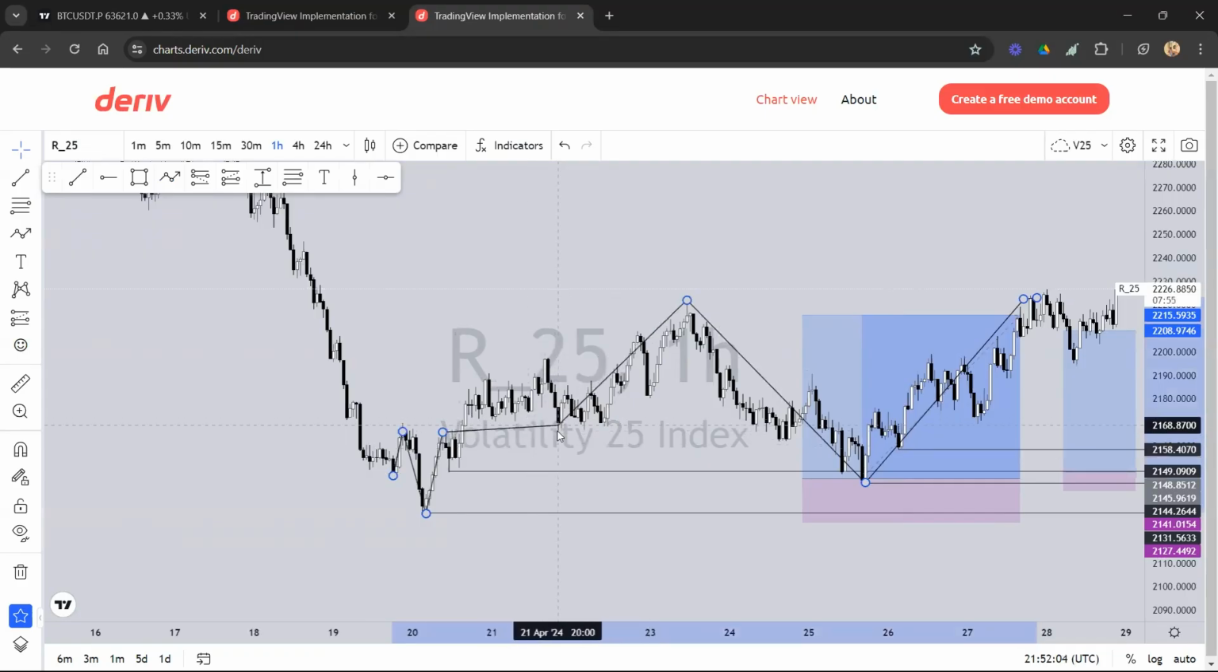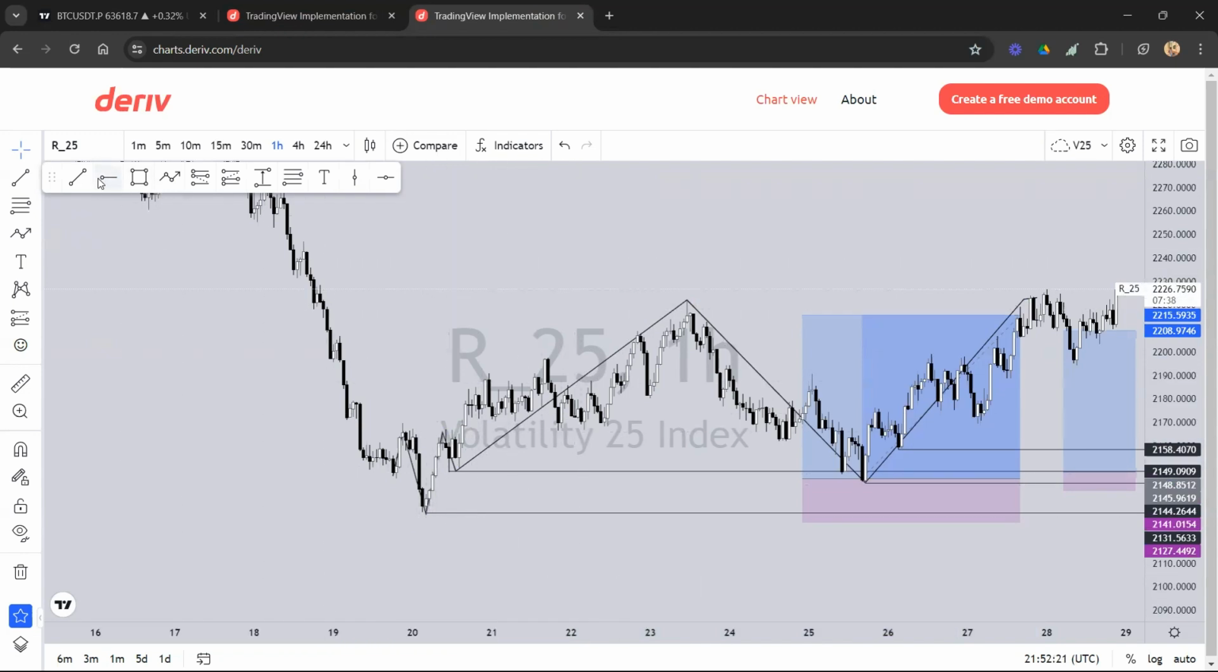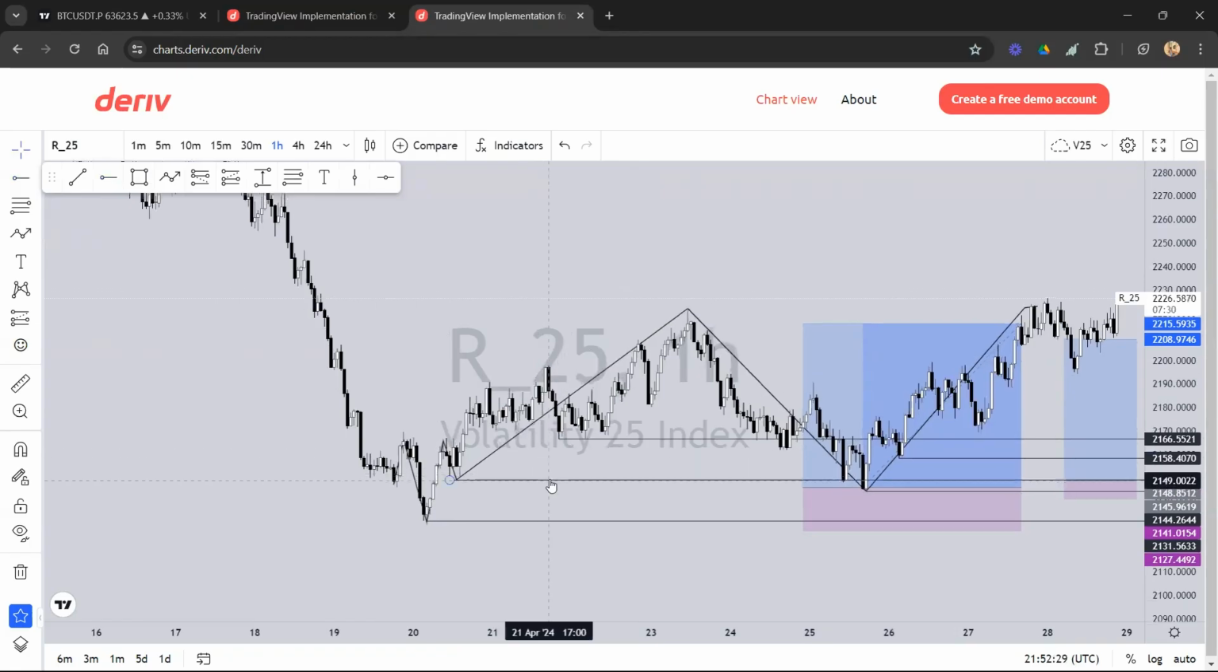is because this is the closest low to my A. So you want to take the closest low to your A. This one between here and here, which one is closer to this low? This one, right? So you want to use the one that is closest to your low, to your sweep of